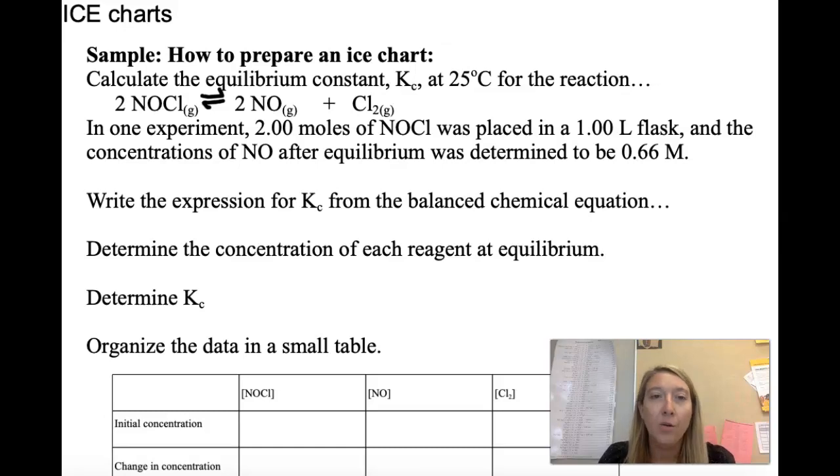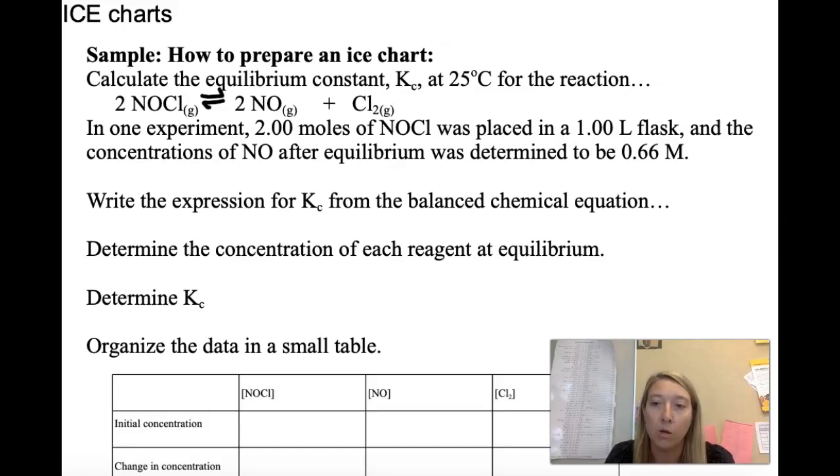Okay, in the last video, we looked at equilibrium constant and how to set up a Kc expression and how to plug in some equilibrium concentrations to solve for Kc. This video, we are going to look at basically creating what we call an ice chart. So this is something you need to do anytime you are either not given equilibrium concentrations or you're only given